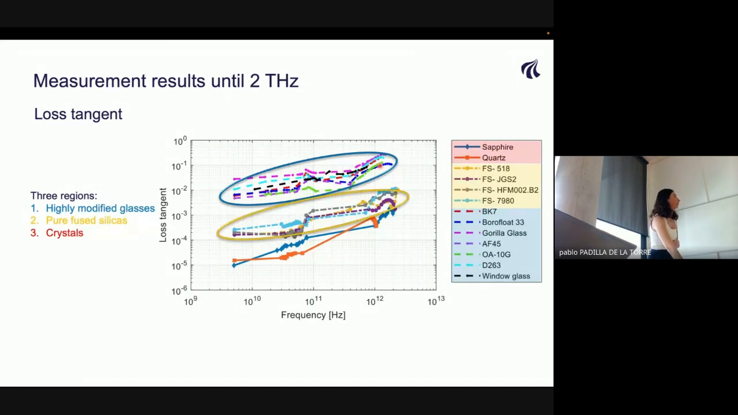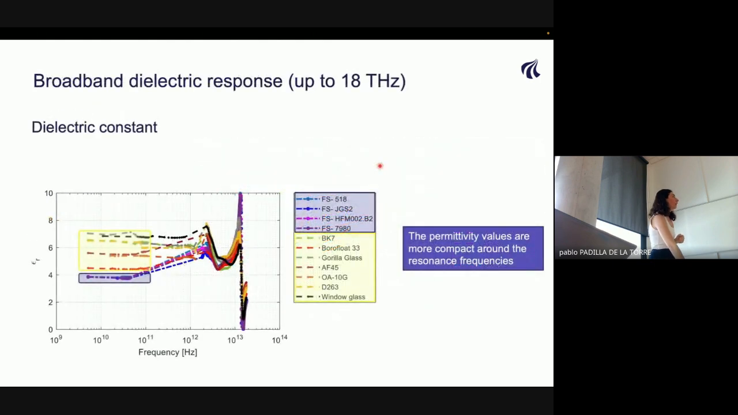Then we have the fused silicas, they're one order of magnitude lower, and then we have the crystalline materials that are like quartz. And what happens if we move up in frequency? If we move up in frequency, we find what we were looking for, the ionic resonance, that happens around 13 terahertz. And we found another peak, and this peak